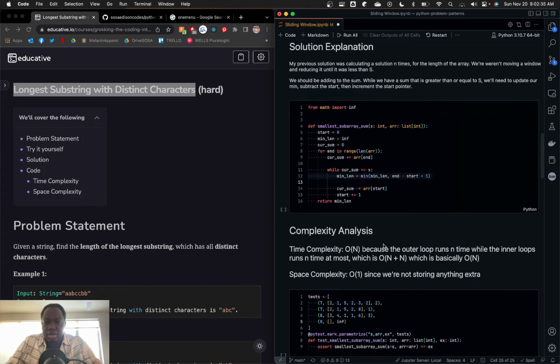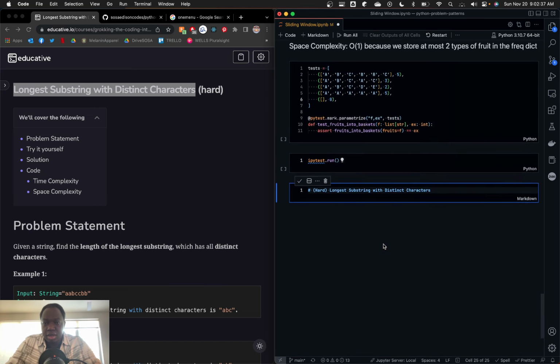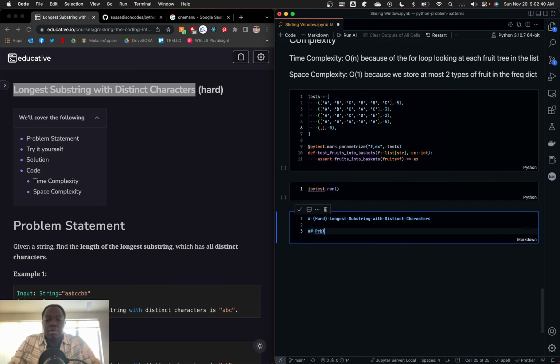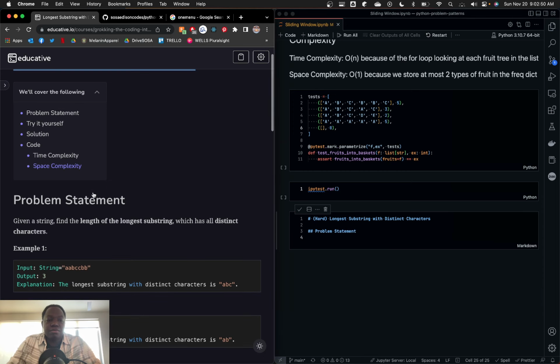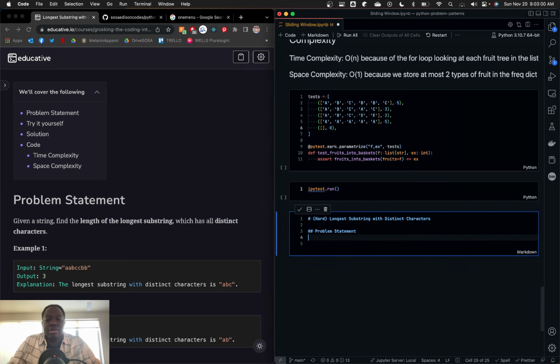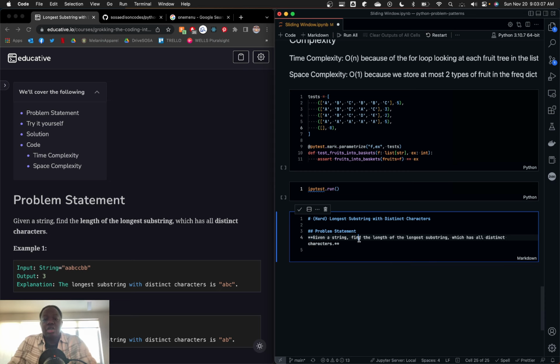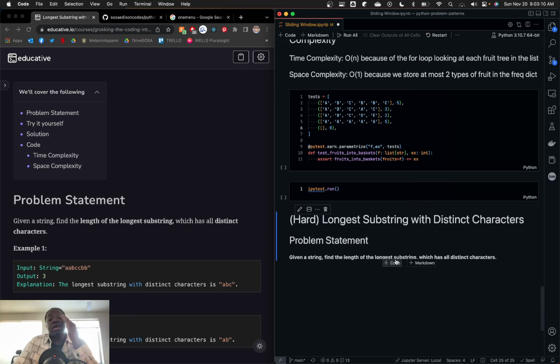Our format is, okay, top level. Yes, okay. Problem statement. Given a string, find the length of the longest substring which has all distinct characters. Okay. So if I understand this problem correctly, we're attempting, when given a string, to